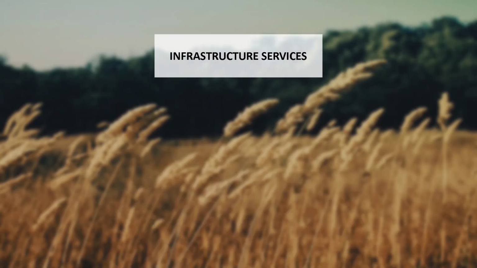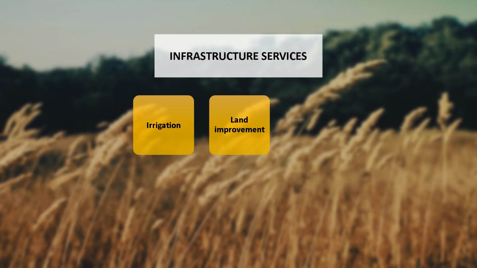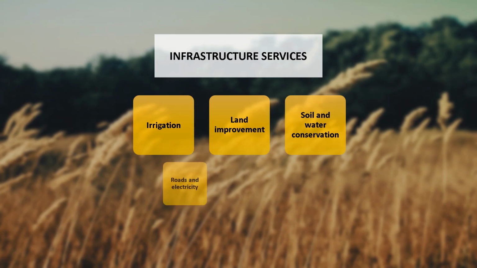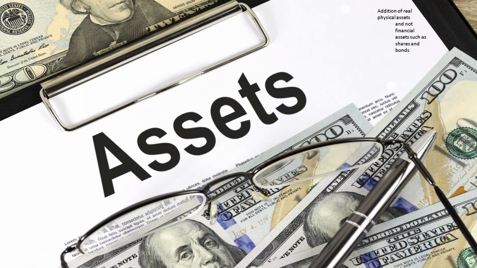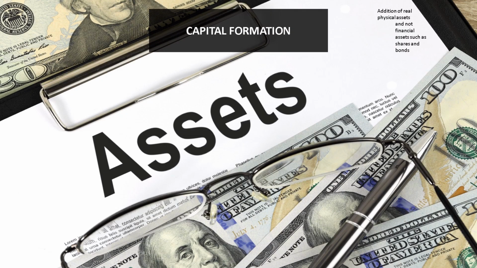Then infrastructure support is the most important component, and the government makes investments in irrigation development, land improvement, soil and water conservation, road and electricity development, development of water and pasture land, and creating the research, training and extension system in the country. And this is done through investment in the agriculture sector, and the capital formation instrument is used to create the infrastructure in